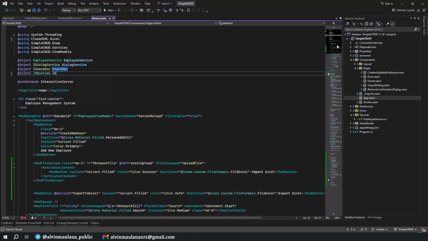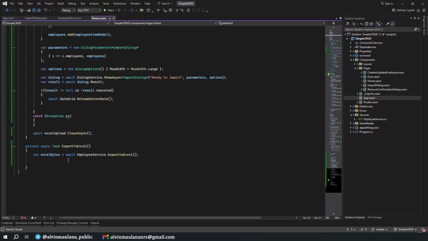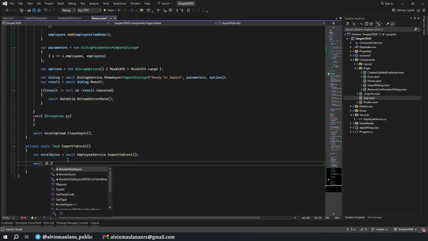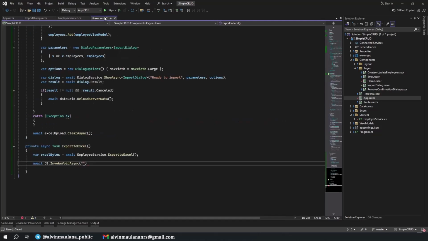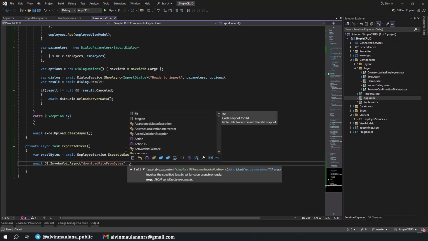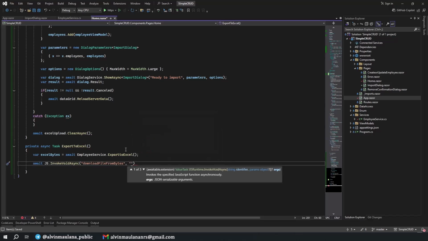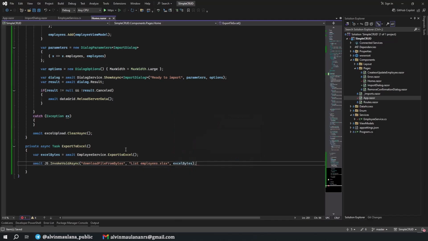This one is await JS.InvokeVoidAsync, and then you put the name of this method, and then this is the name of the Excel file, list employees .xlsx, and then the excelBytes.